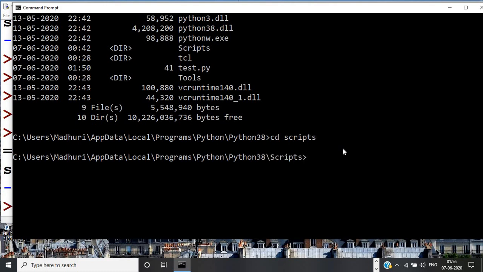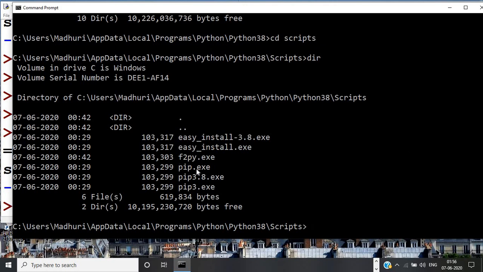So the mantra is pip install. Pip is the name of the executable, this command. If you go in the Scripts folder, you can check the directory by writing dir, and see what is there. This pip.exe file is there, pip3.exe file is there, and so on. You write pip, either pip or pip3 or whatever, install, and the package name, the package you want.